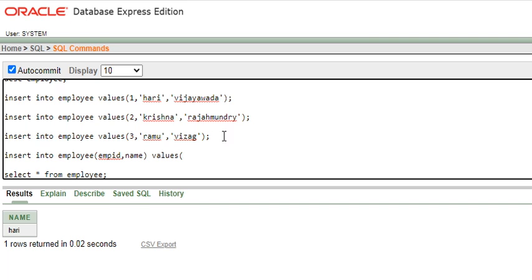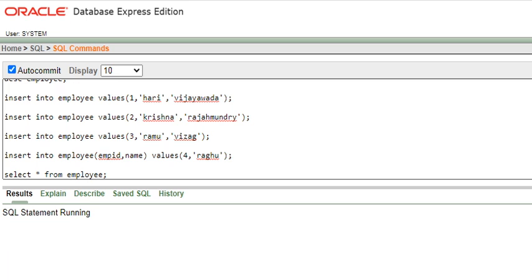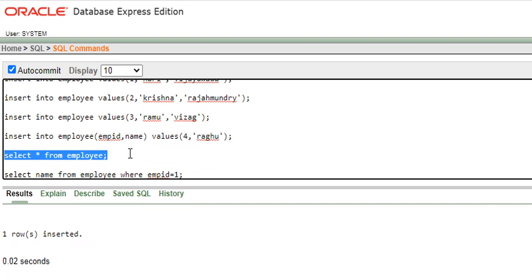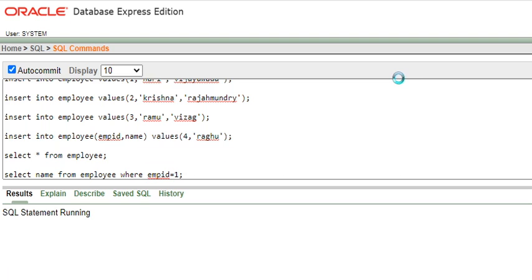Here you have to write the values. I am giving some 4, and because it is text enclosed in single quotes, Raghu. If I try to execute this, 1 row inserted.